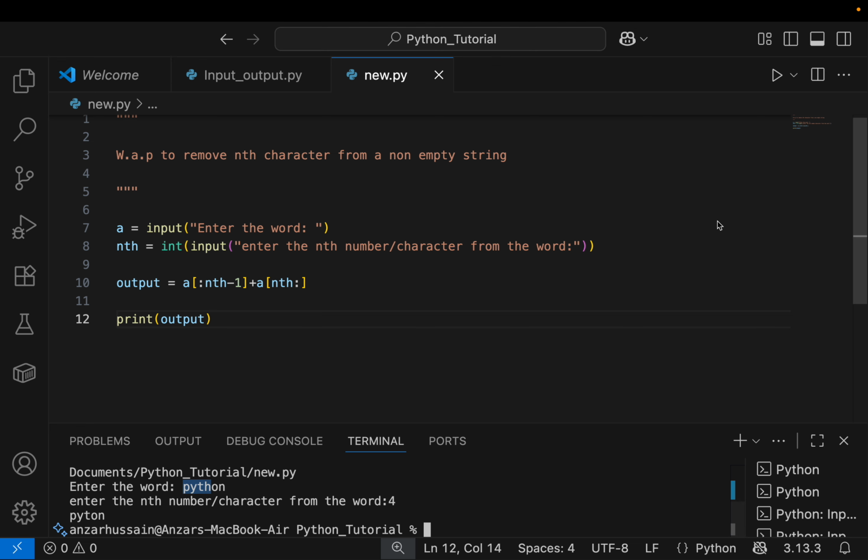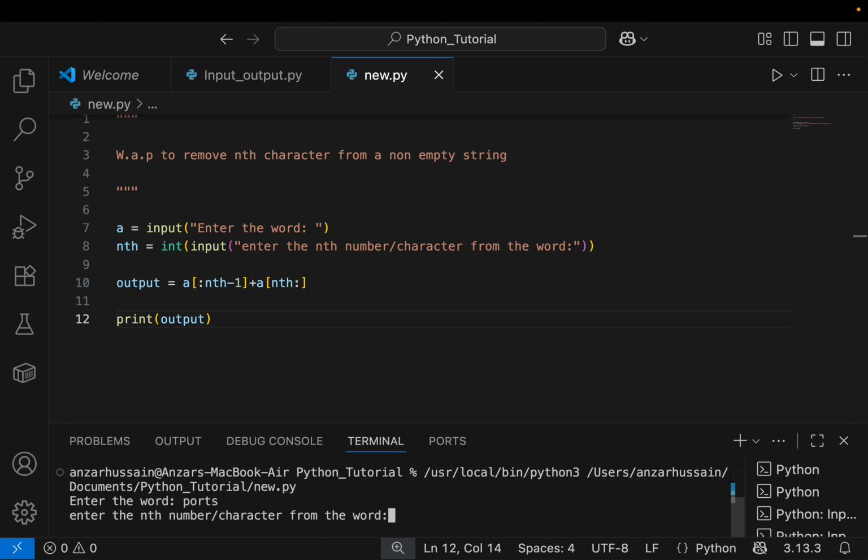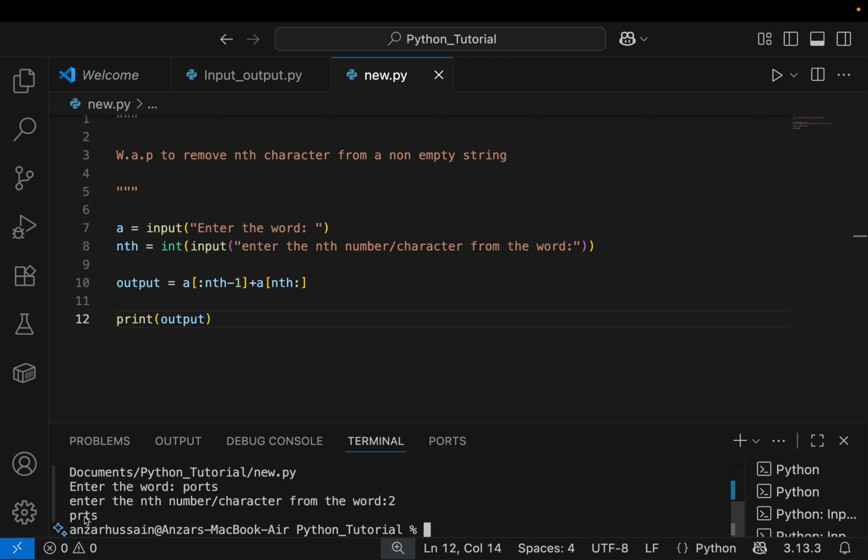right? We can give any other word here, right? Let's say I'm giving here ports, P-O-R-T-S, ports. And here let's say I'm saying that you want to remove the second character, so obviously it will give me P-R-T-S, right? Now if I'll do something like this again, if I'll be running it,